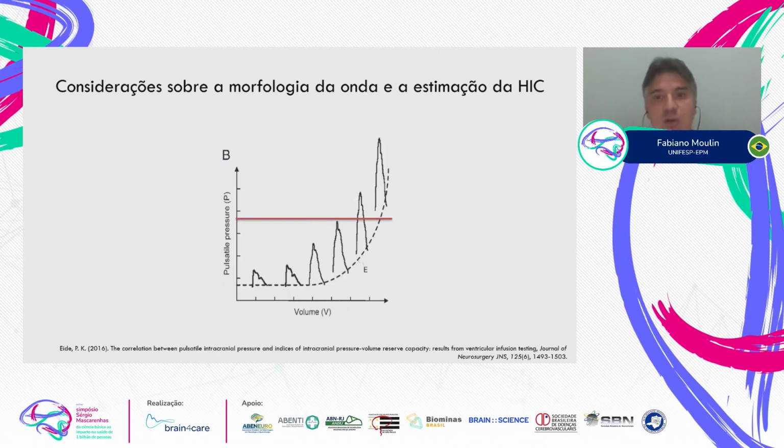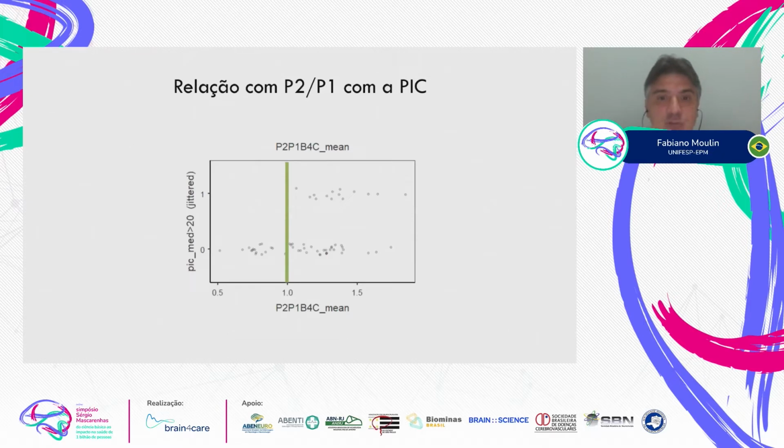Now, going back here, theoretically, if Brain4Care is showing intracranial wave morphology for all patients with intracranial pressure, that is going to be P2 over P1, but it does not mean that a patient without hypertension won't have that, because sometimes they are in the second part of the curve. Morphology has shown. But the cutoff value of ICP greater than 20 could already be part of patients with an abnormal morphology. Here on the upper portion of the graph, all patients that had hypertension had P2 greater than P1,